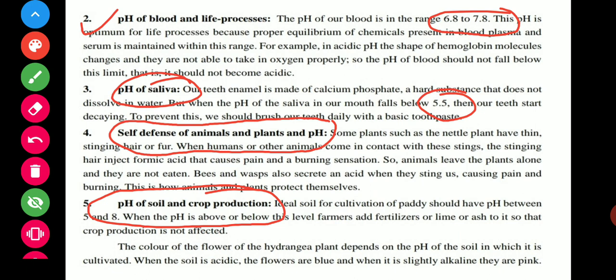So always use fertilizer to increase the pH. A good pH is 5 to 8 for good soil. 5 to 8 pH is good for soil. If pH is less than 5 or more than 8, it is not good for crops. So these are the importance in our daily life